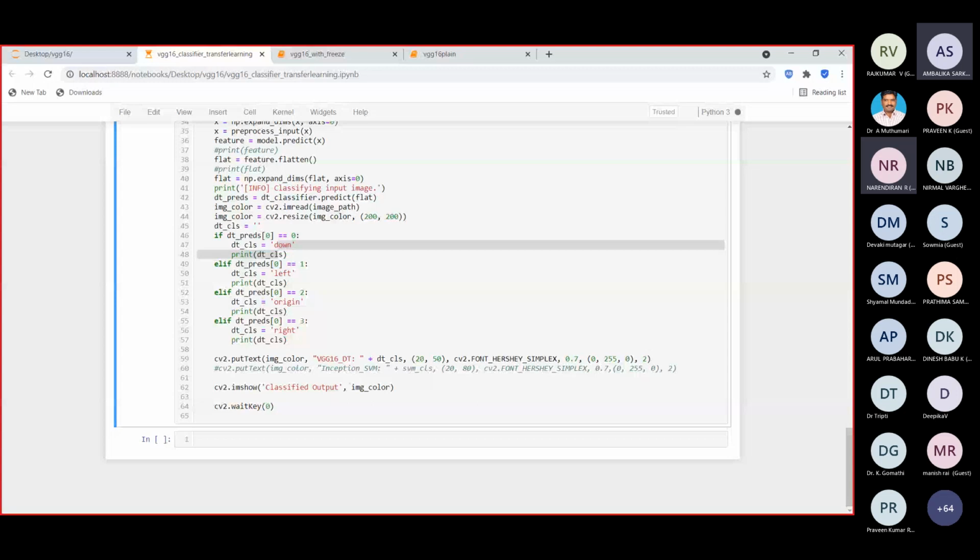So these are the three concepts for transfer learning, and I have shown you the output and the coding for classifying facial gestures.